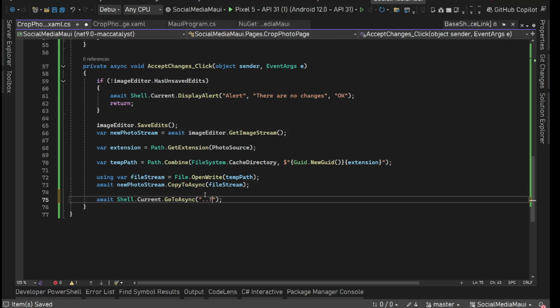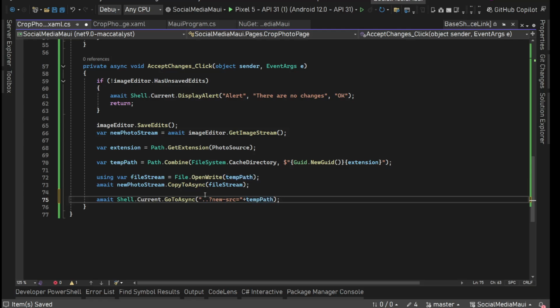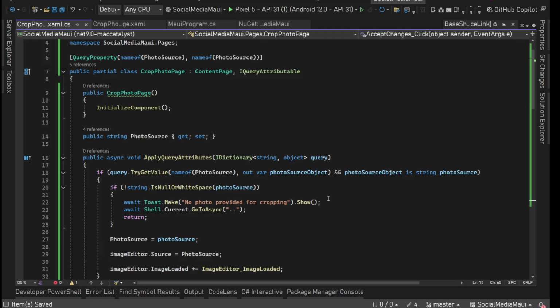This works same. So we can say question mark, let's say new src, new source equals, and we can have our temp path here. So this will work. All right. Looks like we are done with this page, code of this page. We just need to test it out, but